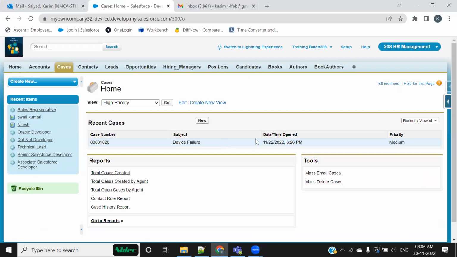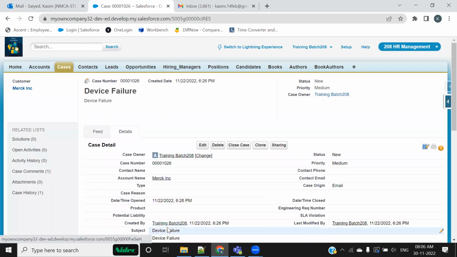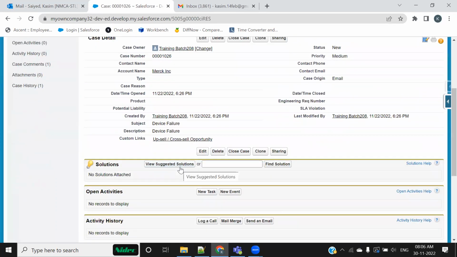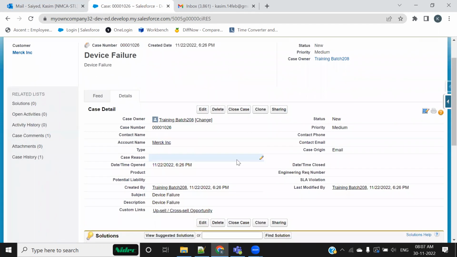So let's consider that on behalf of that customer, a case has been registered. There is a customer who is facing certain difficulties with one of our products. He purchased one product, but he's facing certain difficulty. So he raised a case. Right? So whenever a case has been registered,